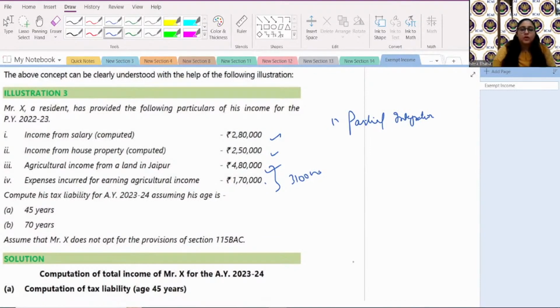See how. First of all, calculate the tax on agricultural plus non-agricultural income, which is 3,10,000 plus non-agricultural income of 5,30,000. So on the total of 8,40,000, calculate the tax. Only the tax, no surcharge, no cess, nothing. Which would come to